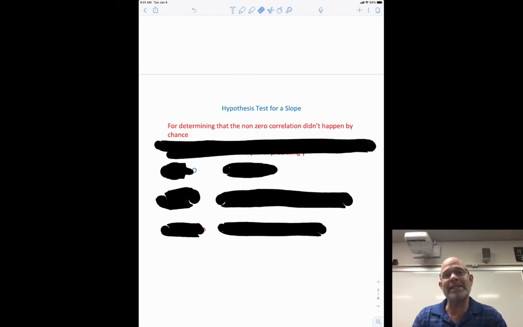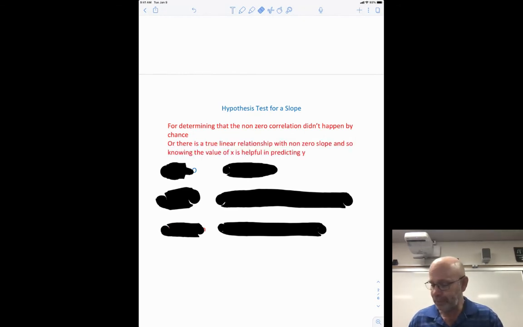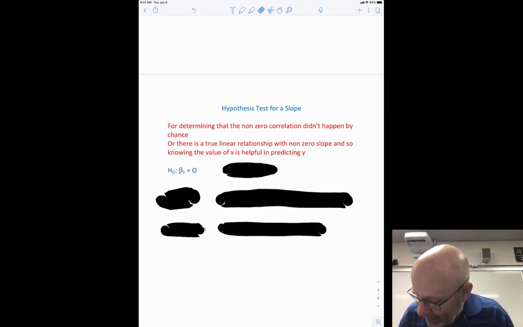So the hypothesis test is going to test for the relationship by testing whether or not the slope is 0. It's for determining that the non-zero correlation or slope, because if correlation is 0, slope will be 0 also, didn't happen by chance. Or in other words, there is some true linear relationship with a non-zero slope, and knowing the value of x is actually helpful in predicting the value of y. If there's no relationship that's meaningful, it doesn't matter. So our null hypothesis is just going to be the slope is 0. Or another way to write that is,